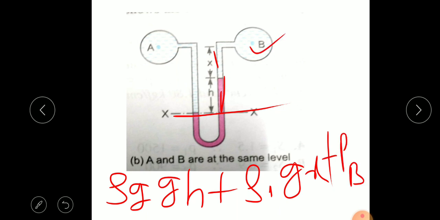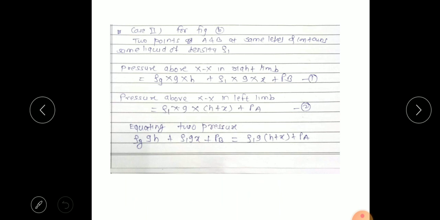So this is the pressure above the datum line on the right side of the U-tube. So we have here, on the right side, rho g H plus rho 1 g X plus pB, equation 1. On the left side we have written